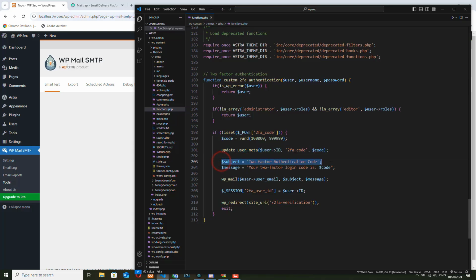We define the subject and the message for the email. In the email, we include the code that we generated. Then we send the email to the user using the WP mail function. To track which user is logging in, we store their user ID in a session. And then finally, we interrupt the normal login process by redirecting them to a special page where they need to